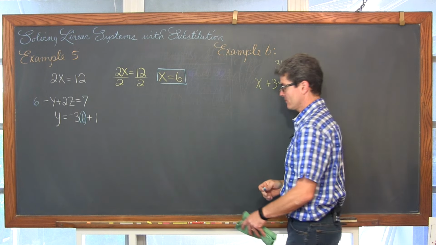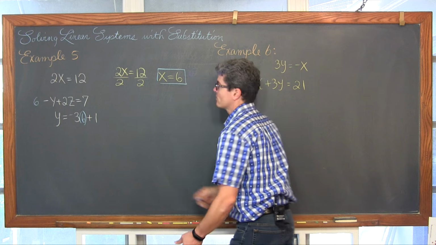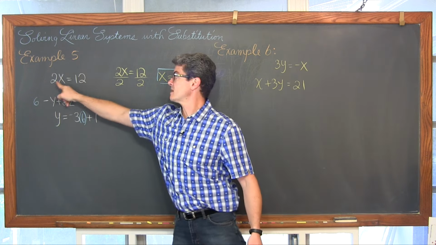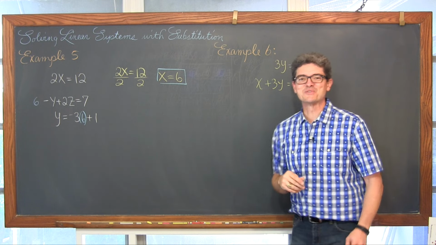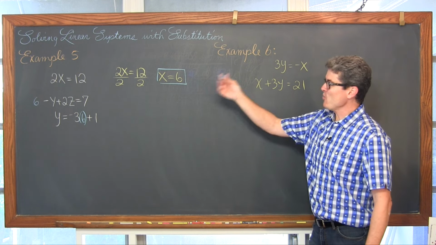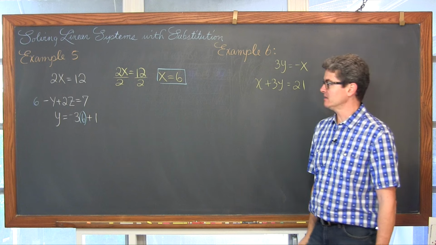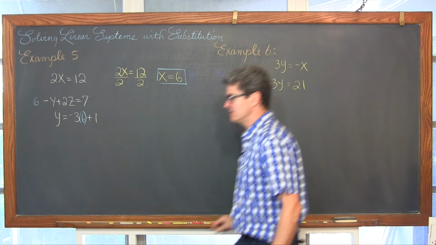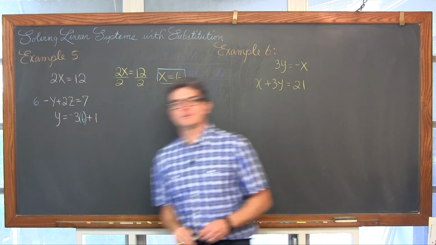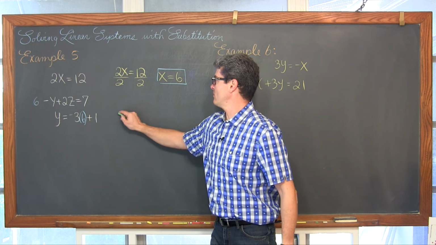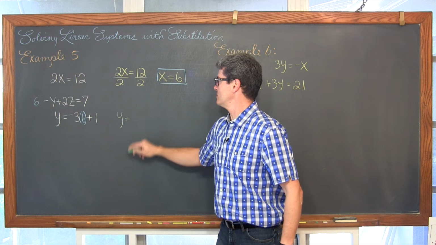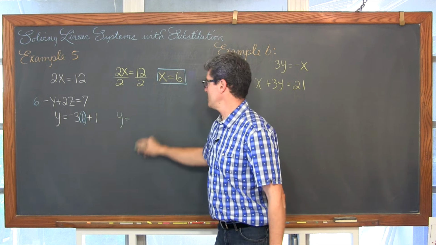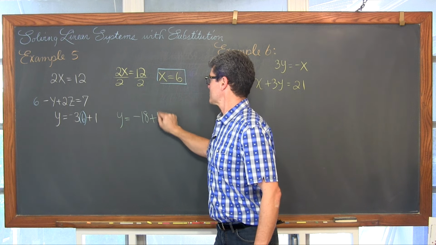Well, now I'm going to look through, and of course we already know that this is x equals 6 there. You can double check it. 2 times 6 is 12. Yep, 6 is a solution. And now what equation only has 1 variable in it? Well, now it's the third equation. So maybe I'll pick green and say, okay, well, we have y is equal to, well, negative 3 times 6 is negative 18 plus 1.